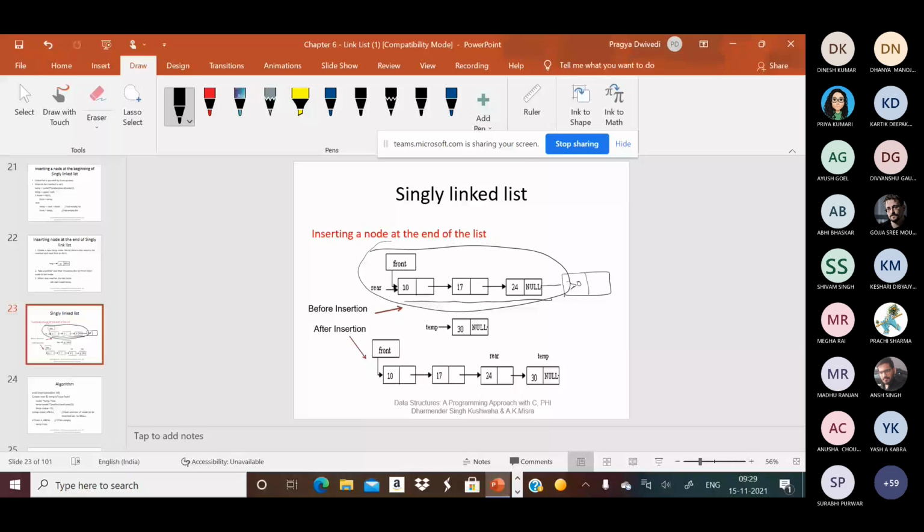So the first thing you can do, when you want to insert the element, always remember that firstly you create memory for this particular node. So using the malloc function, you can create one node. Now you want to insert at the end of the list, so you know where the list ends. There is one pointer P that you traverse till P's link does not equal null. So we find out